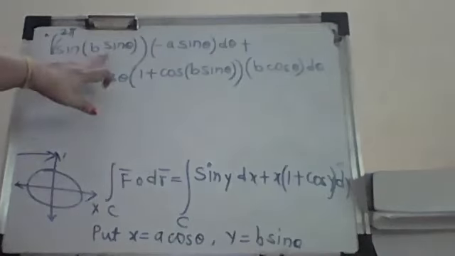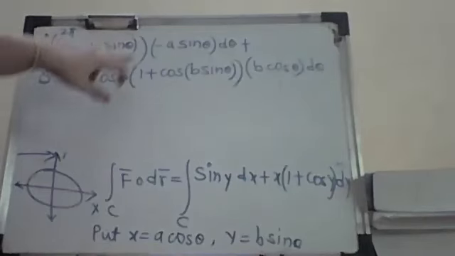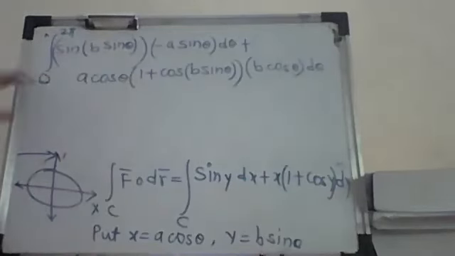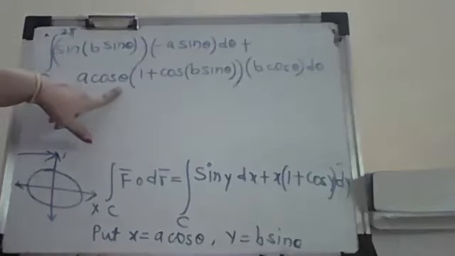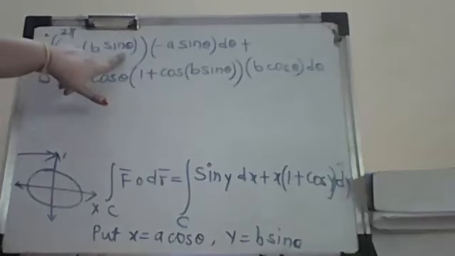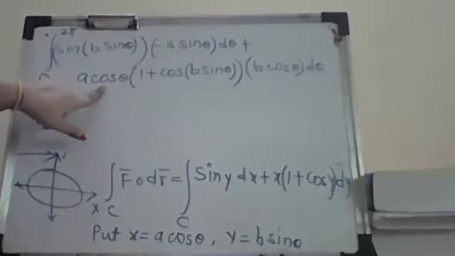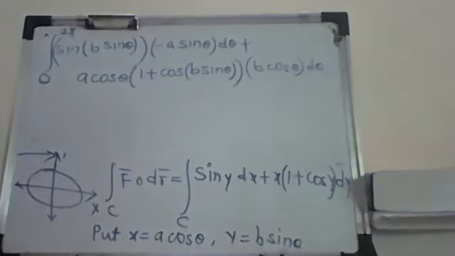It will take time because I have to put the inner angle as something like t, and then the derivative will exist outside and that will be dt, and everything you have to convert in terms of t or dt, that is sine t. Then I have a cos theta. Since b sin theta is equal to t, cos theta is under root 1 minus sine square theta, so it is under root 1 minus t square. So I am making the entire expression complicated on my own, and then you have to solve it by different rules.